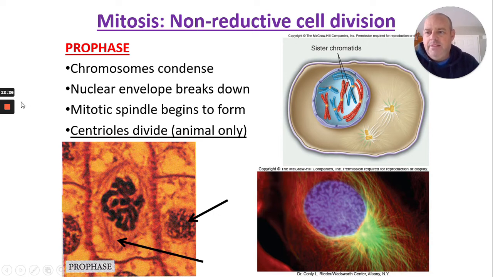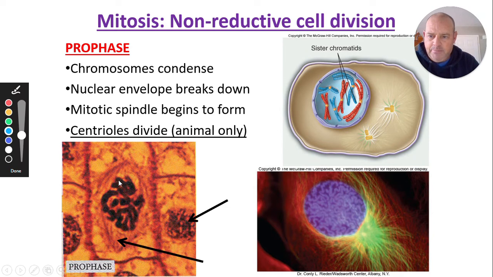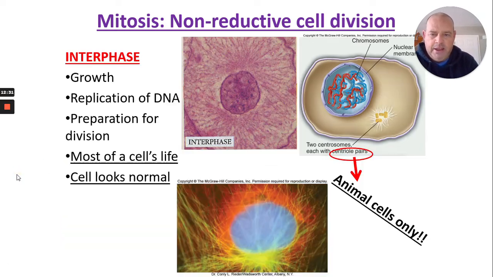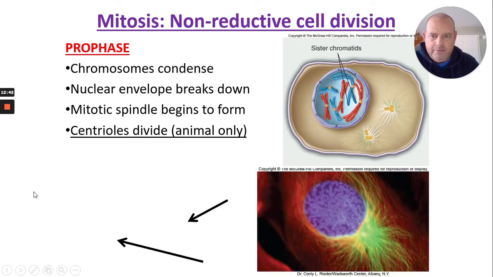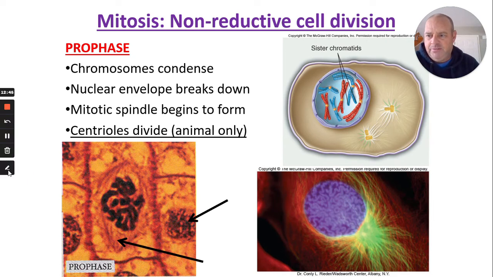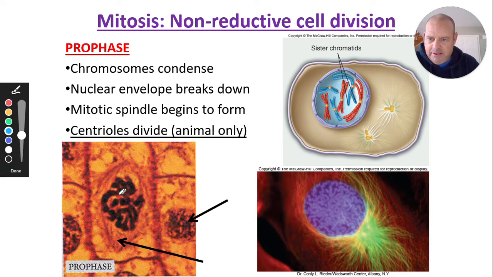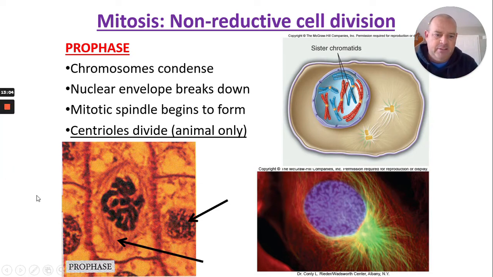Okay, but the main things you can see, actually, let me go back one. If you look at interphase, you can't really see anything distinct inside these cells. They're all just a big ball of spaghetti. There's nothing really distinct about them. But if you look at prophase now, which is the next phase, you definitely see these are much thicker and shorter little pieces of DNA in there. And you can see them because of the stain that they use on the microscope slide. You can actually see them in there much better, and they're condensed, which means they're darker. And you should be able to tell prophase from interphase that way.